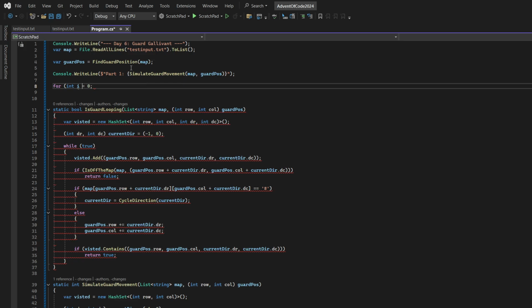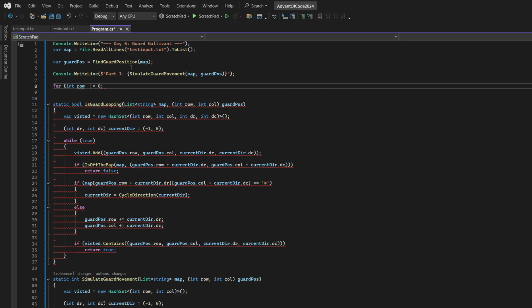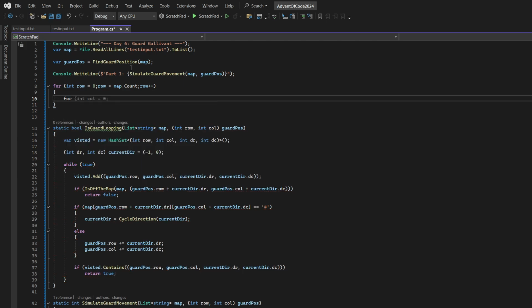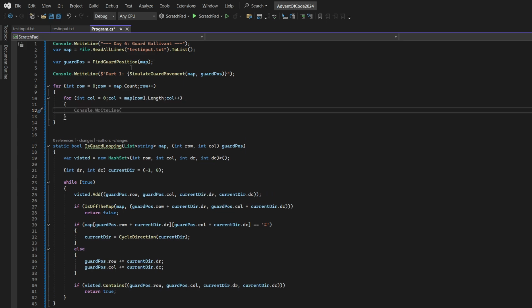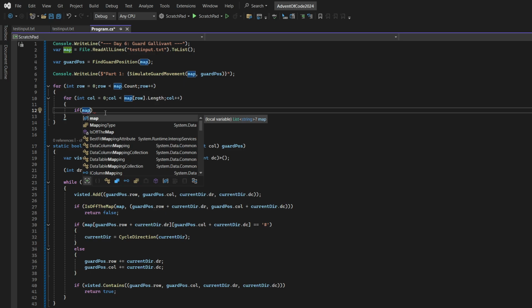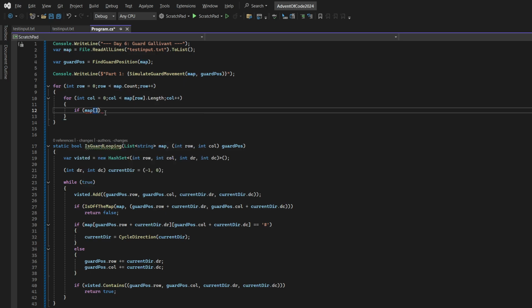So we will have a for row, for col loop. And if the current location is not an empty space, so if the row and col is not an empty space, we will just continue. Otherwise,